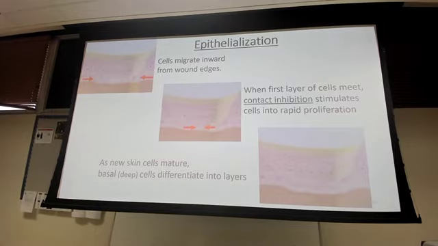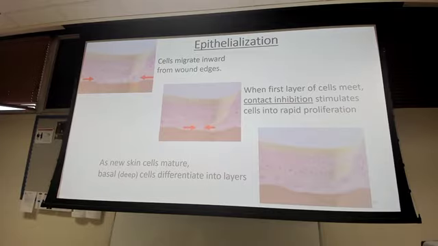So the cells will migrate towards each other. You've got that defect, and the basal cells are growing towards each other. What happens is, you have the defect, you have the margins of that defect, and the ones that are closest to that opening are going to start coming forward. Behind those cells, you have other basal cells that are replicating. So as these are coming forward, these other ones are replicating